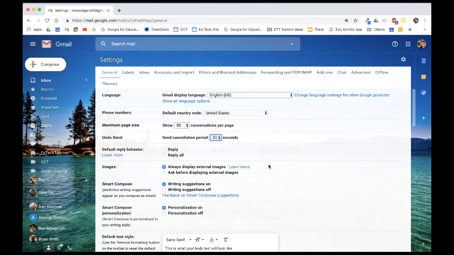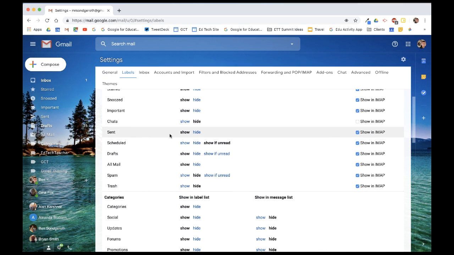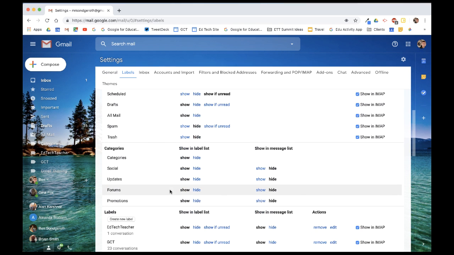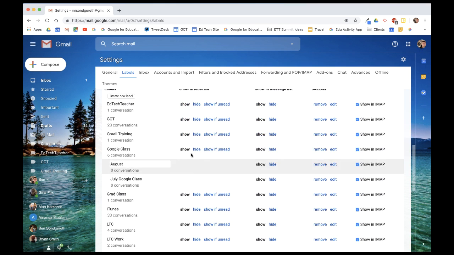Okay, so another option that we want to go over is if you ever want to edit your labels or your filters, you can do it from settings. So you notice it has labels here next to the general tab. If I select that, all of my labels appear here, and if I ever want to remove any of them, I can simply select hide, and then these are the created labels that I have the option to actually remove